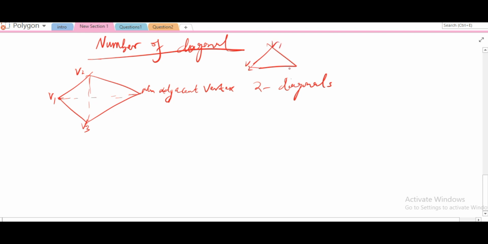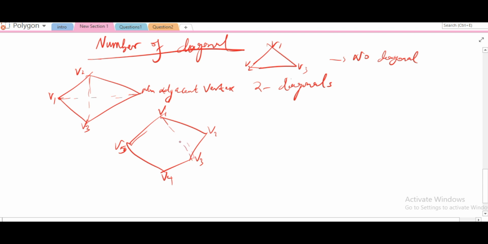This is V1, V2. So we have no diagonal. So the other one, let's check 5. This is a 5-sided polygon. 3, 4, 5. So that's V1, V2, V3, V4, and finally V5. So I'm using V1 as the reference point. So you notice that this is non-adjacent to V1. This is also non-adjacent to it. So we have